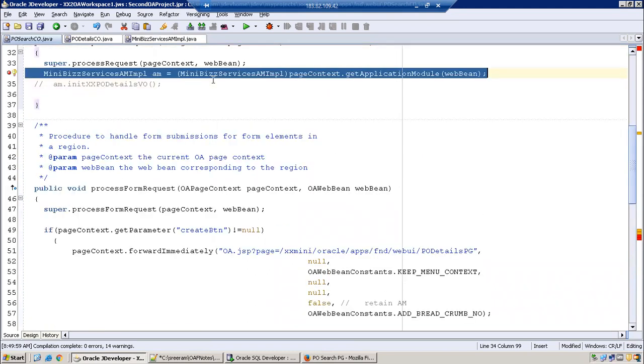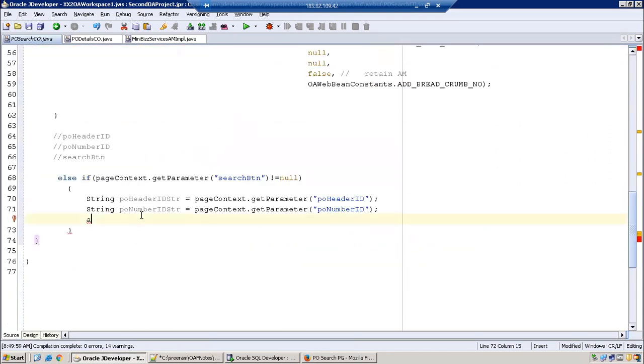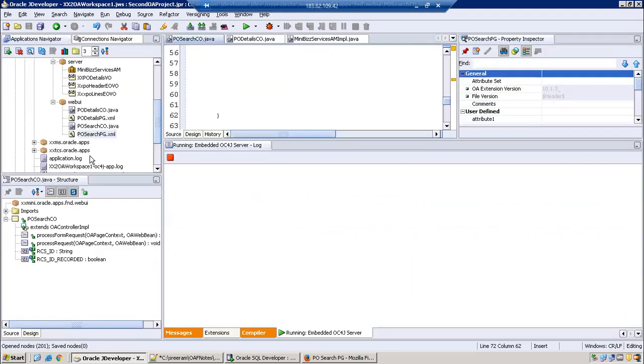I'll copy the AM code here, am.init XXPO details, str, PO number str. Now let's run it.